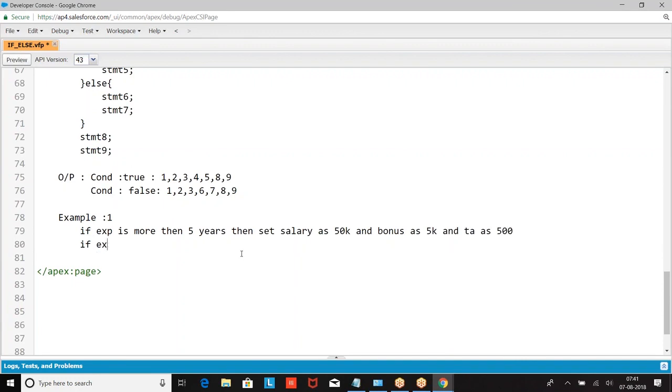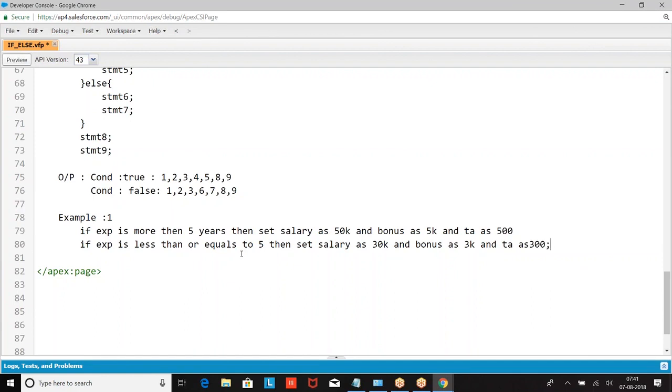If experience is less than or equal to 5, salary as 30K, bonus as 3K and TA as 3.